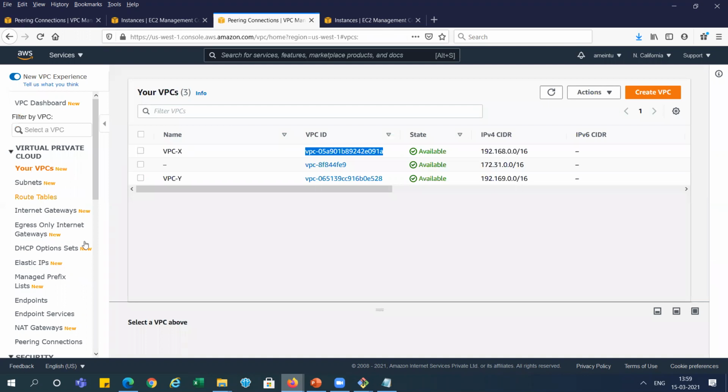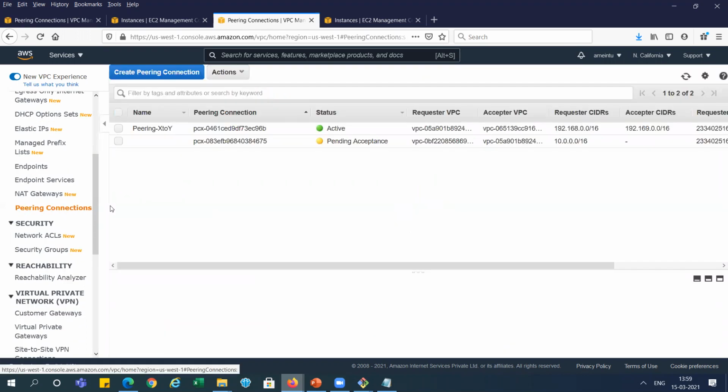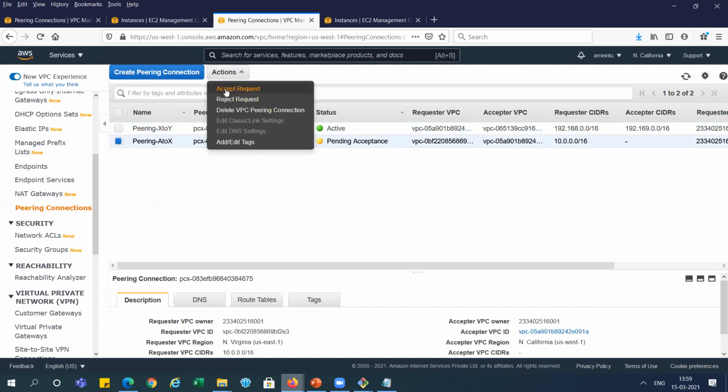So when we go there and check the peering connection, you can see we got one pending acceptance. Let me name it here so we can understand this is for peering A2X, right? Then we can select it and accept or reject this request. So in Actions, you can see both options, accept request or reject request, right? So we are going to accept the request from here.